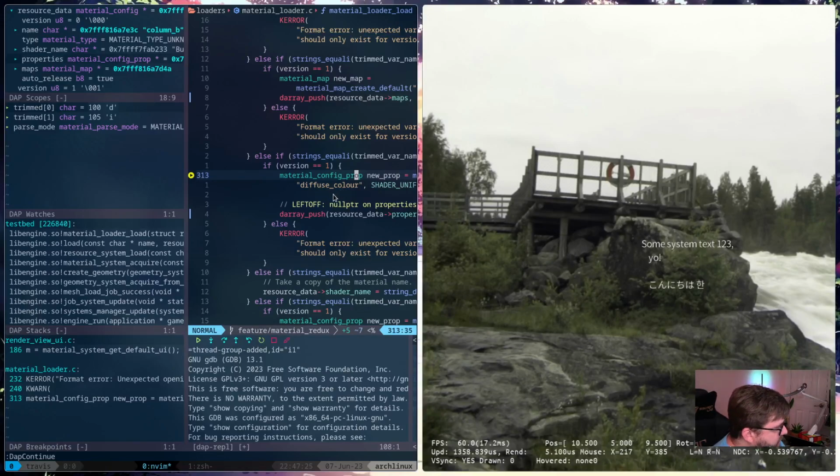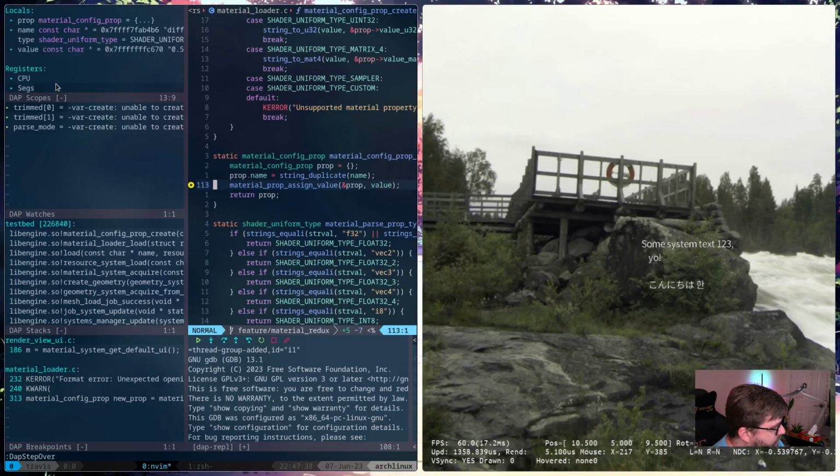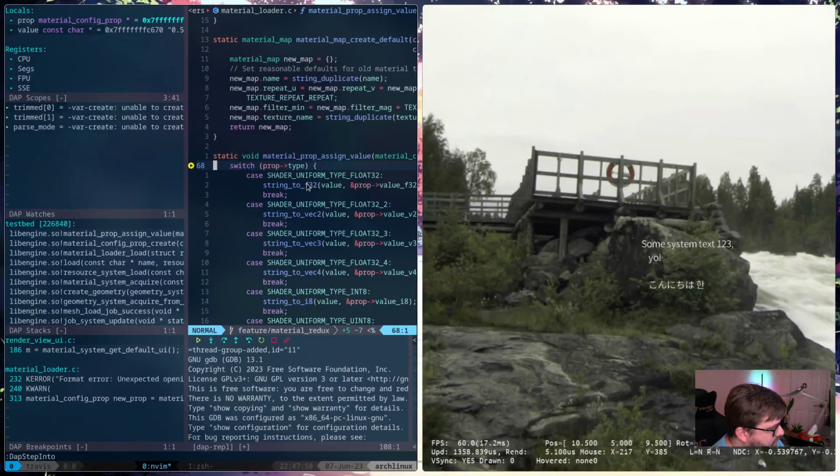So if I step into this guy, we take the name, just diffuse color, assign value. So if we go in here, the type is a float 32.